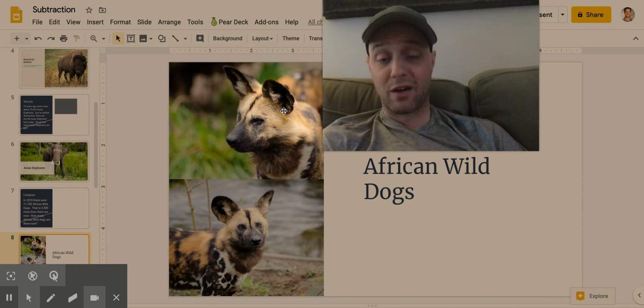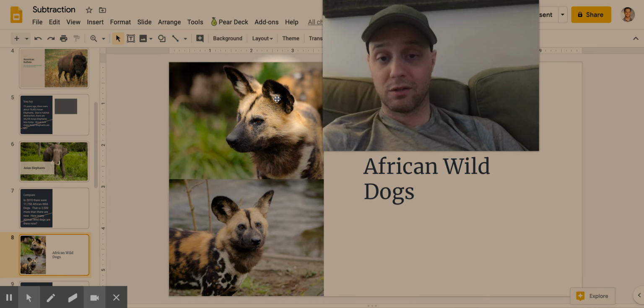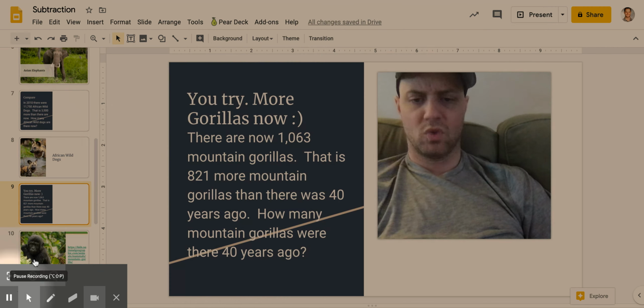Here's some African wild dogs. Look at the big ears, and it kind of almost looks like a cheetah with its spots there. You try. This one is